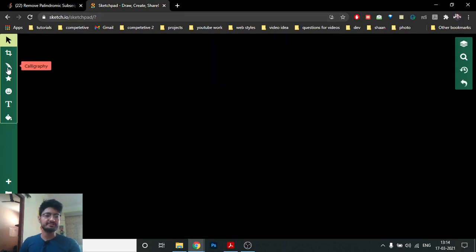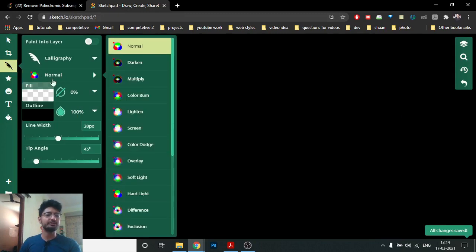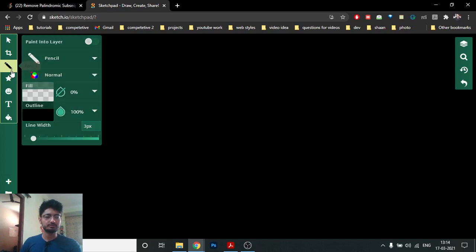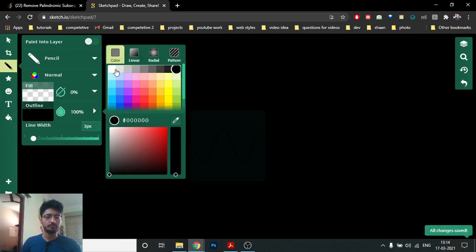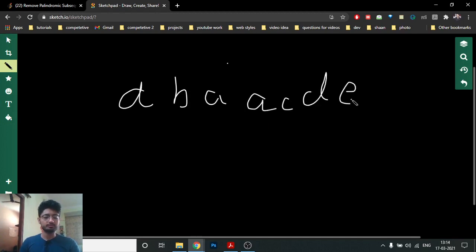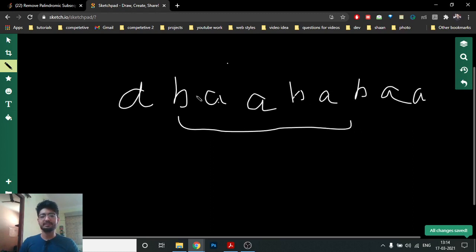As you can see, a substring is continuous. If you have a string like this, A, B, A, C, D, E. Oh sorry, every character is either A or B. In this string, if you take out this part, it is a continuous string, which is a substring.